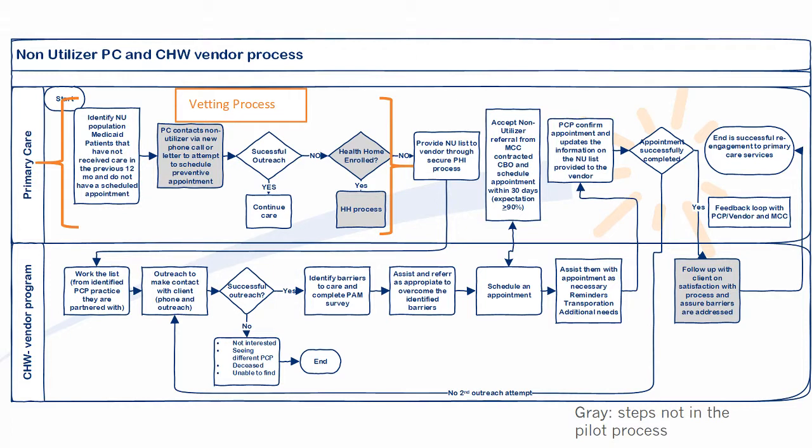The ultimate goal is to A, improve the numerator, and B, reduce the denominator, really getting to those lists of low and non-utilizers who have either not come to the office at all after being referred to your primary care office, to also bring back patients who have not been to the doctor's office over 12 months or more,